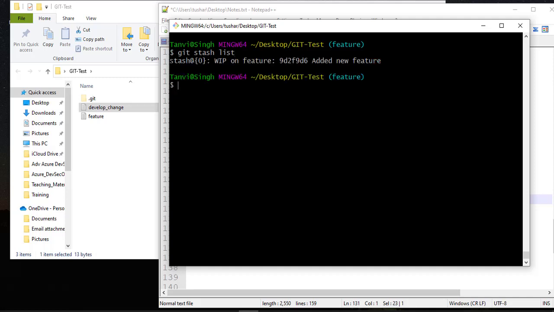Do you see stash 0 was created? And your commit ID, added new feature. Now you are in a position to start working on it. So git stash, there's a command called pop. Okay,